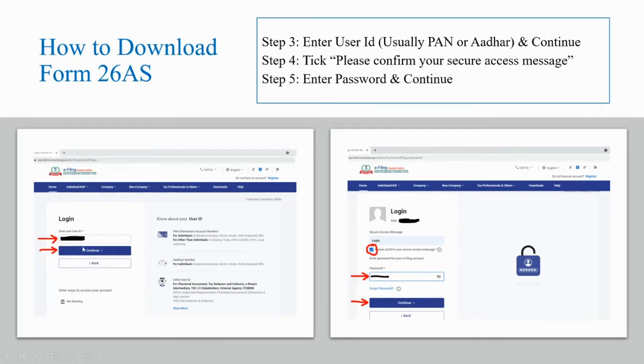Enter your user ID, which is your PAN number or Aadhaar number usually, and press continue. You will be redirected to the password page. Here you will be able to view your PAN number and you will also see a secure access message, which is login in this case. Now, please tick mark on the checkbox confirming your secure access message and enter your password and press continue.